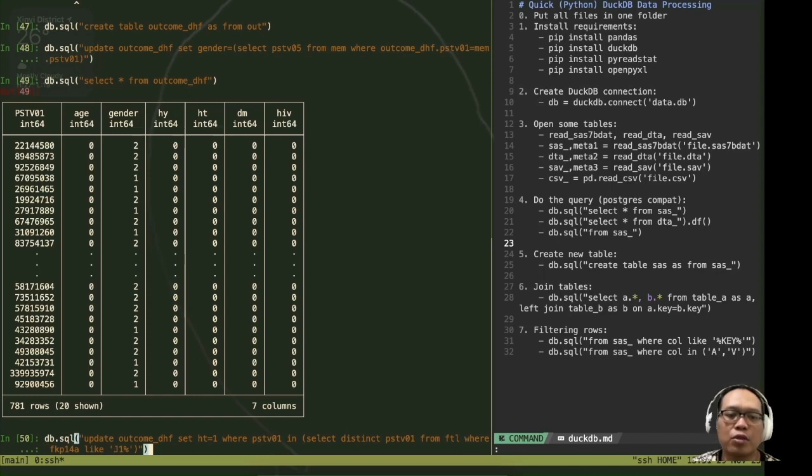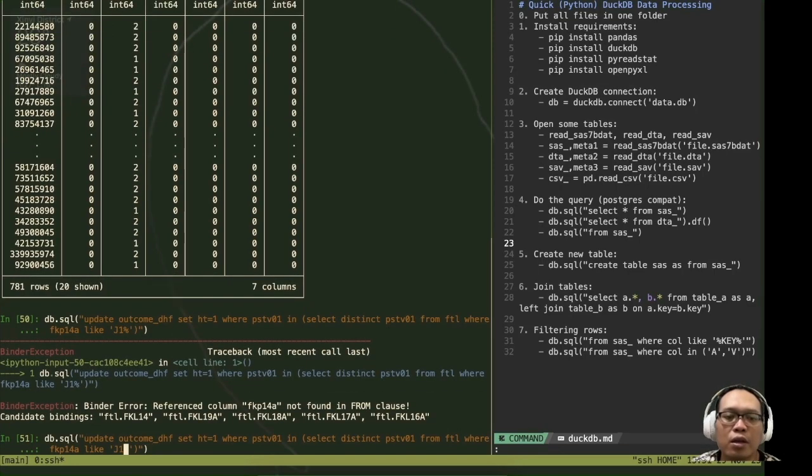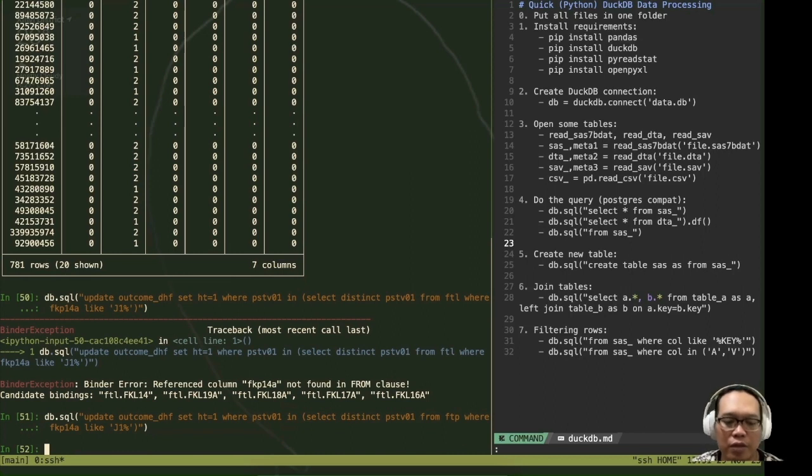But later on you need to check what the code is for hypertension. This is just a sample. So for example, I run this one, FTP, not FTL, FTP. So if we check select all from outcome DHF where DM equals to 1,